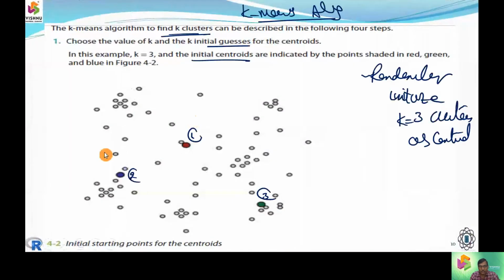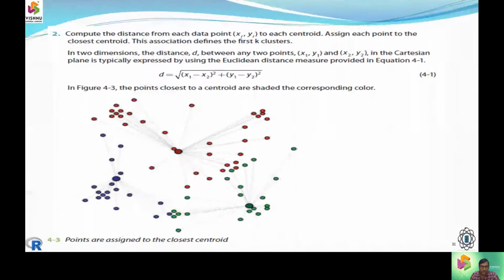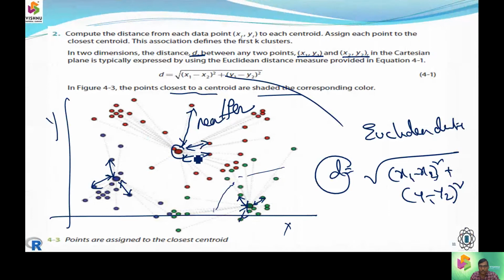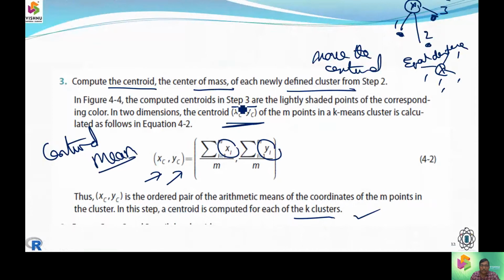So first of all, we have taken the entire division, entire partition of the clusters. Second thing, we are going to compute the shortest distance. We are going to compute the minimal distance between first point and second point, to which point this centroid is far, which point this centroid is nearer. We are going to compute the distance. To compute the distance, we are going to use the Euclidean distance, and thereby we need to shift the centroid to a position where it is minimal, where it is going to be the center point to all the objects.